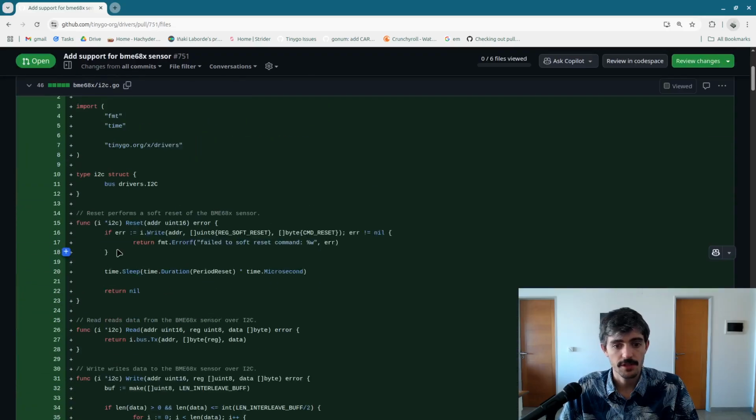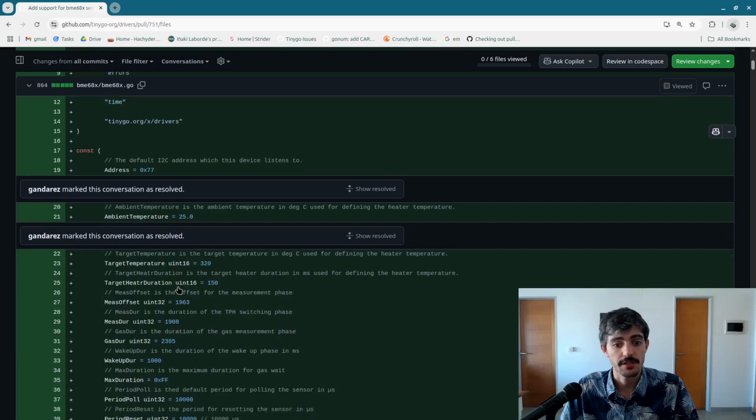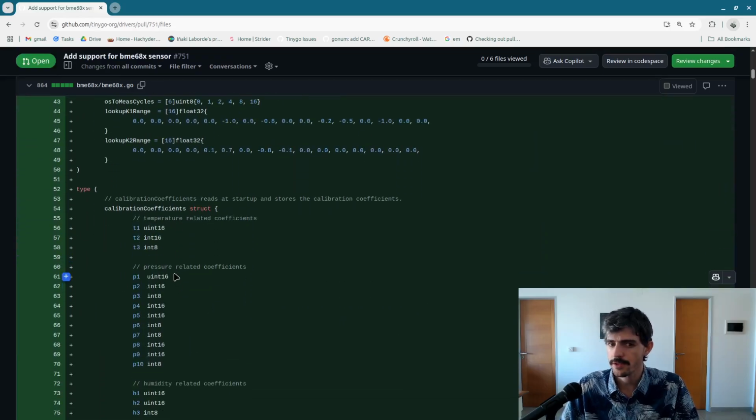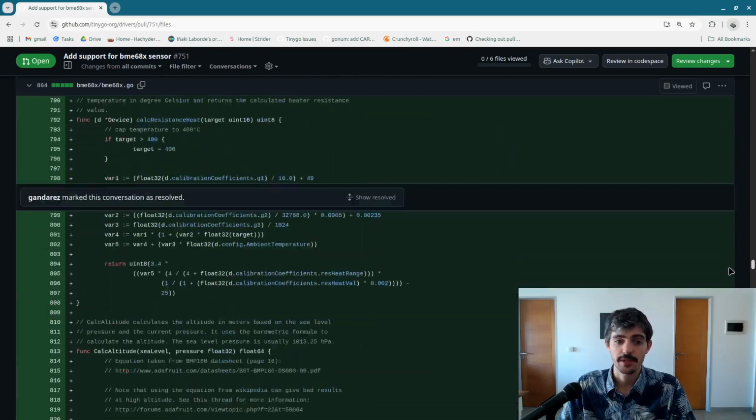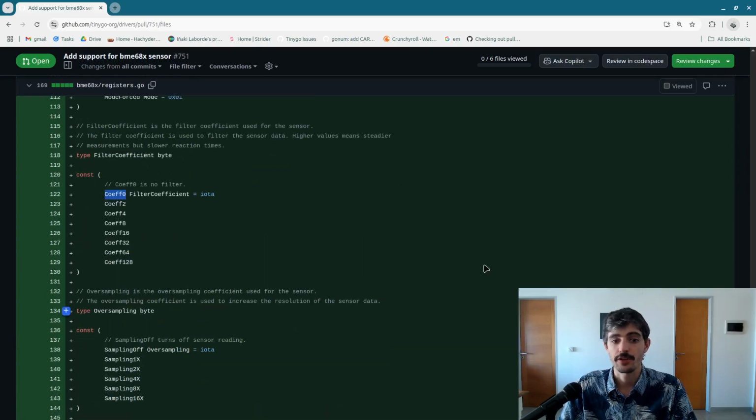But yeah, enums are very nice for configuration options, because they let the user know exactly what options are available, instead of giving them an integer and saying, hey, this is my oversampling. And they're like, okay, what does 0 mean? I don't know, it's an integer. Try it out and see. But doing it this way with enums lets the user know exactly, oh, I'm setting my filter coefficient to 2, 4, 8. And they can read up on the datasheet, or you can actually document here. You can actually add